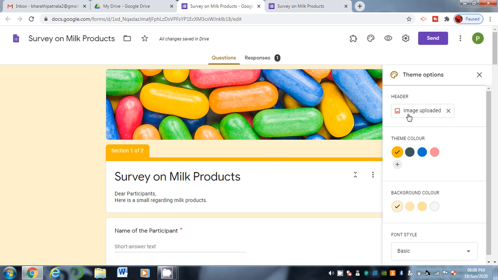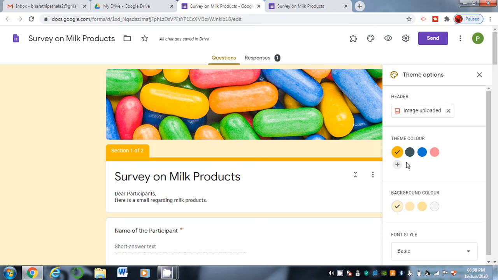So for a custom header, you can make the header 4 inches in height and 16 inches in width.